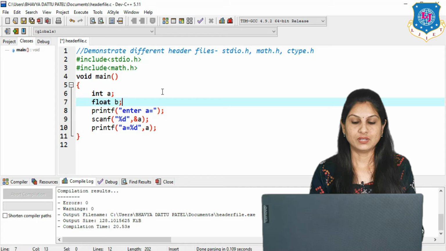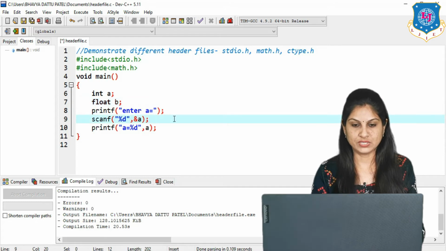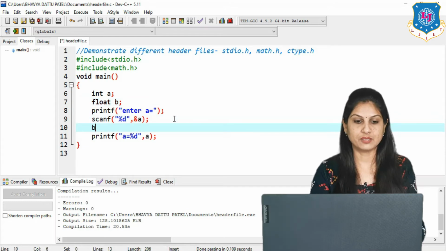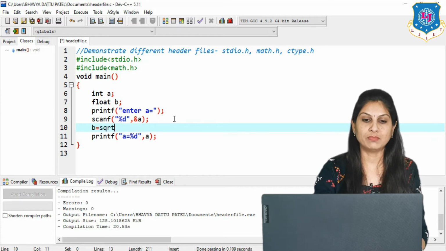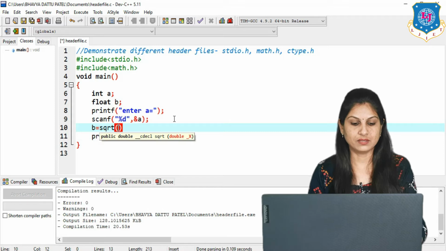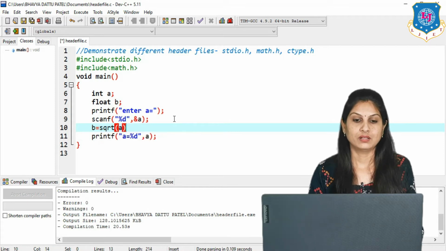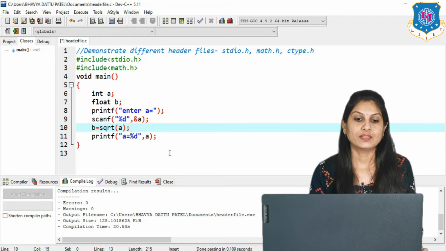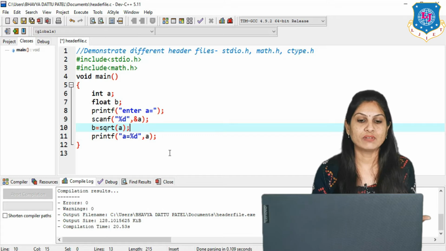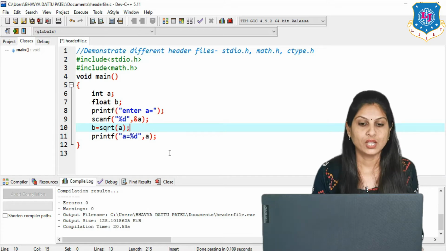Then after scanf we are using one formula, b equals sqrt(a), where sqrt is the function available in math.h and a is the name of the variable. The meaning of this statement is whatever the value of a, from that value the square root is found and stored into the variable b. So here we have to print the value of b.